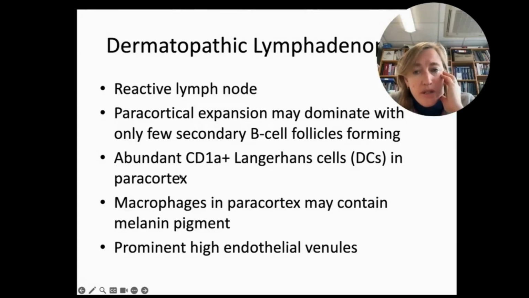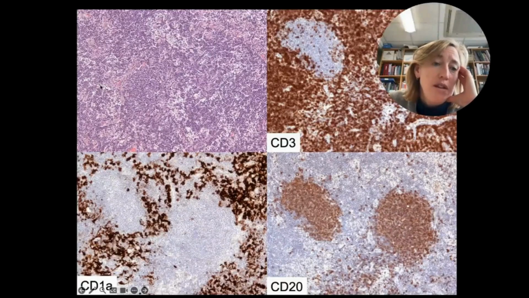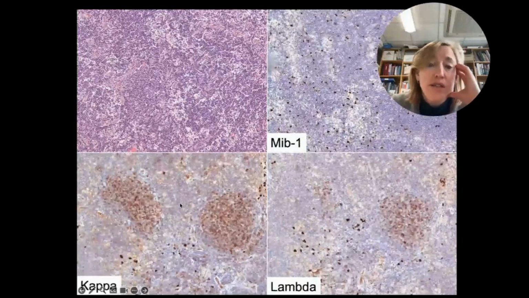There are abundant CD1A positive Langerhans cells, and there's often pigment in cortical or paracortical macrophages, and there are lots of high endothelial venules. So here you can see those high endothelial venules in a very reactive dermatopathic situation. And these pale cells are the CD1A positive cells that turn out to be Langerhans cells, while you've got CD3 positive T cells almost everywhere and quite small primary B cell follicles. So that's probably one of the key mimics actually for T cell lymphoma, and probably one of the conditions we